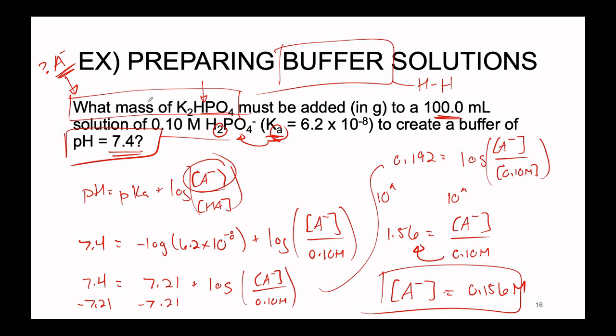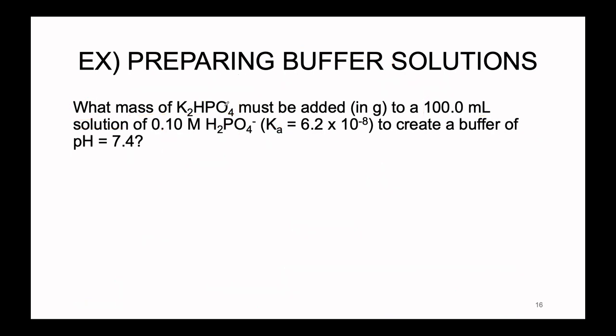Well, how fortunate for us then that the second half of this problem is very similar to a problem that we've seen either in lab before or in chapter 8, chapter 9. We have a concentration which is in units of mole per liter. We also have a liter, and we can find a molar mass of the K2HPO4 to convert our molar value into grams. So our concentration of A minus, just to rewrite that, is equal to 0.156 molar,